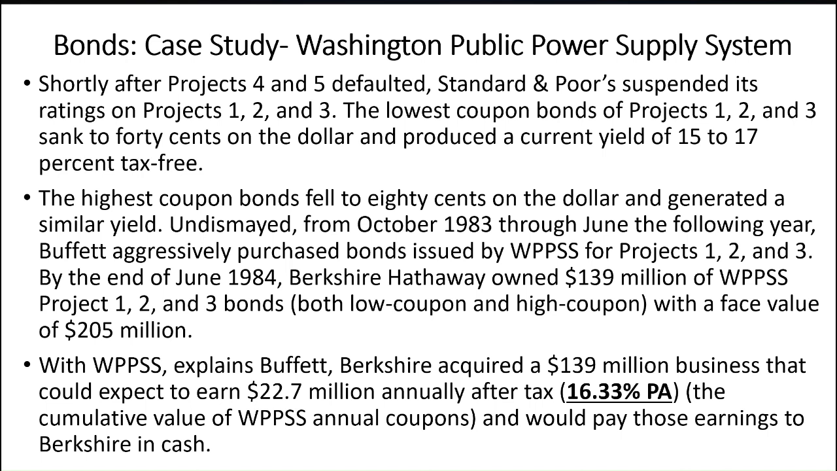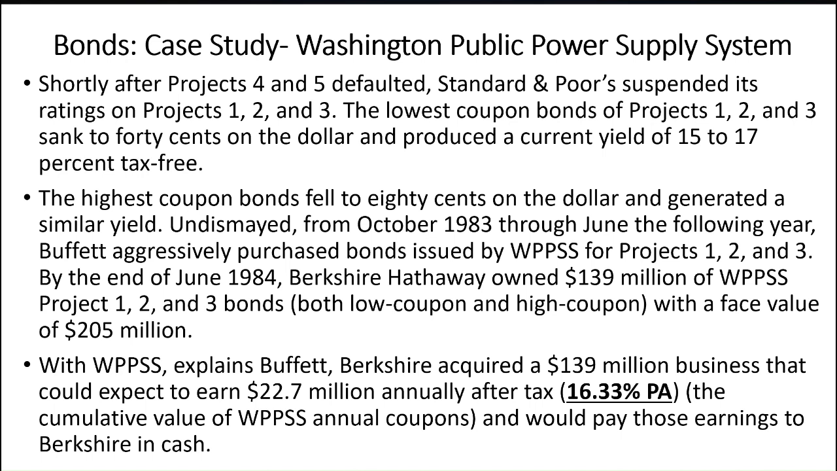And the lowest coupon bond of Project 1, 2, 3 sank to 40 cents on the dollar and produced a current yield of 15 to 17 percent, tax free. This is a huge opportunity. I'll just show you how it is a huge opportunity. Then the highest coupon bond fell to 80 cents on the dollar and generated a similar yield, and undismayed, from October